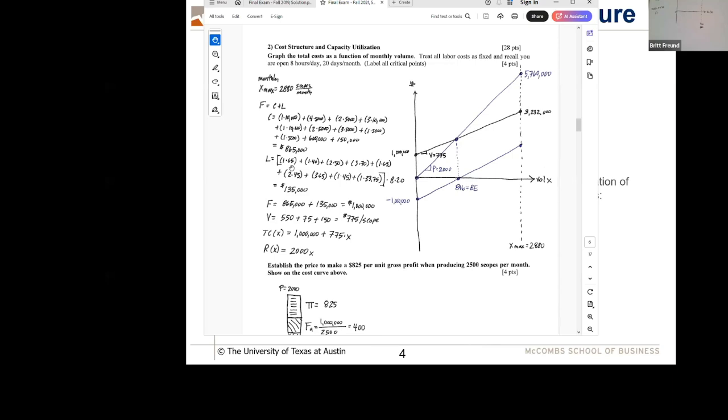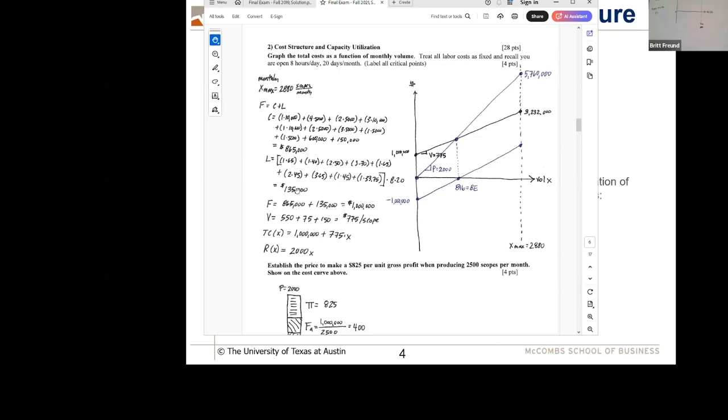Now we need to know our labor costs because our fixed costs are going to be our capital and our labor. We got our capital, so now we need to do our labor. There's one employee at $65 an hour, one employee at $40 an hour, two at $50 an hour, and so forth, all within the square brackets. And they're working 8 hours a day, 20 days a month, which is what got us to the volume of 2,880. So that turns out to be $135,000. So if you look at this, the fixed costs are really dominated by our debt service, which is not unusual probably in a business like this.